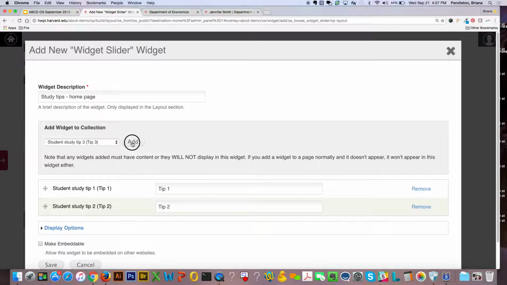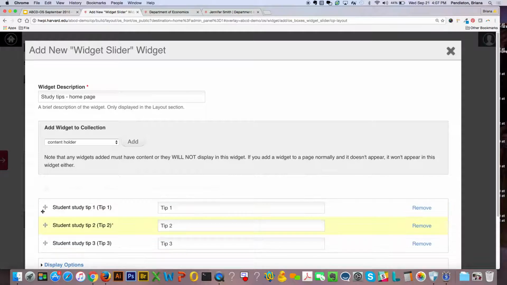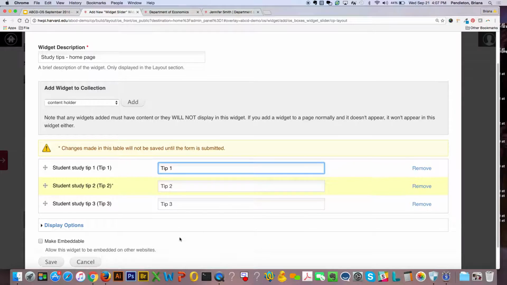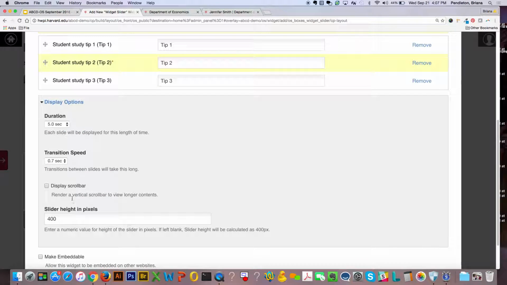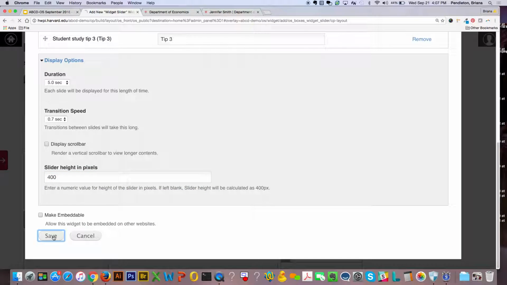and selecting add. And you can see once they're in here, I can reorder them. I've kind of numbered them. And again, like we saw with the random widget, you can't select to have a title show up next to it, so these happen to make sense where the other one didn't. And again, here are display options, and the default, just notice this, it's 400. It just defaulted that way. So when I press save,